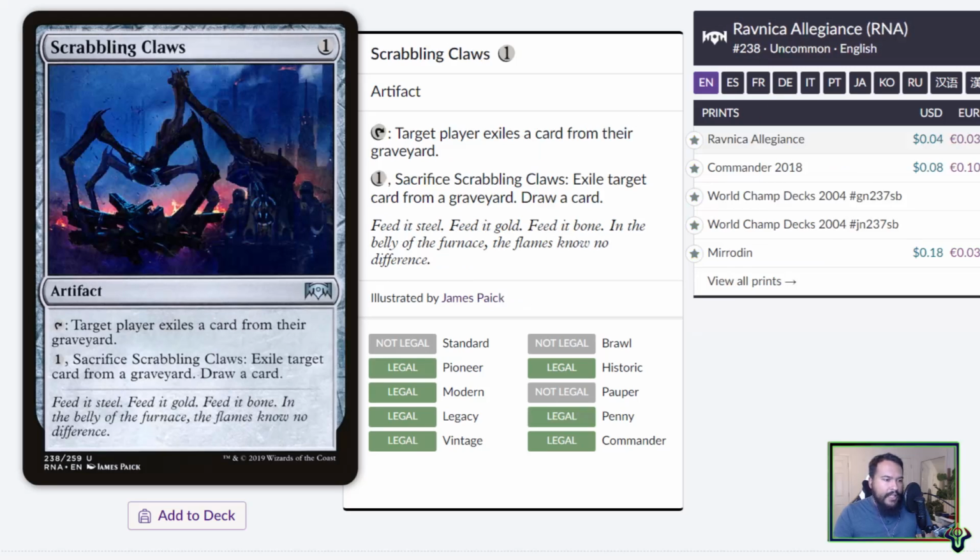Scrabbling Claws. It's similar to Relic of Progenitus, which is not in Historic. The reason Relic is better, though, is that it gets rid of everything when it's cracked. So essentially the only difference is, this would say, sacrifice Relic of Progenitus, exile all cards from all graveyards. We don't use our graveyard, really, so we don't need...